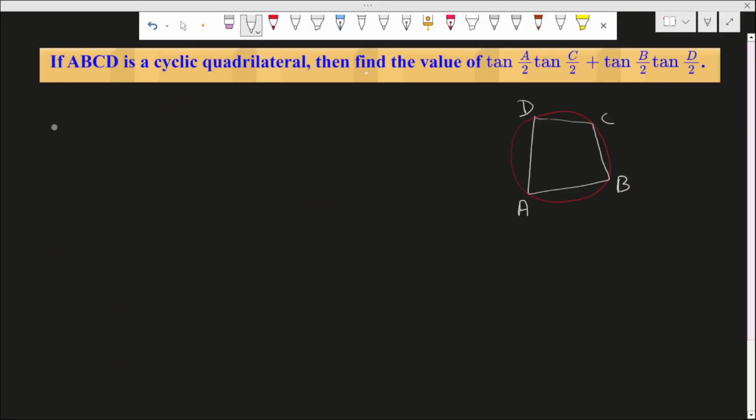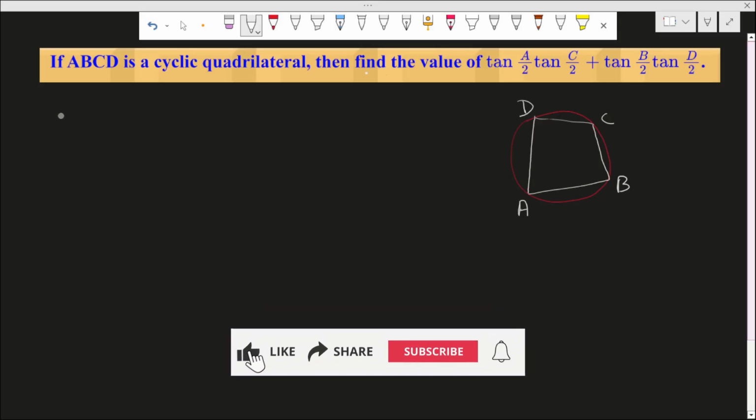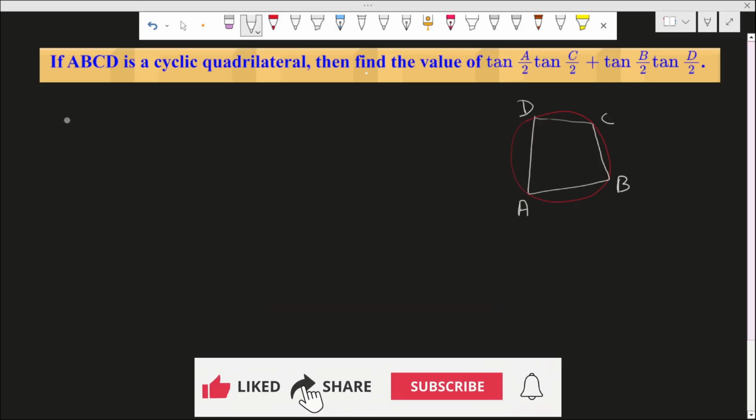Welcome. If ABCD is a cyclic quadrilateral, then find the value of tan A by 2 into tan C by 2 plus tan B by 2 into tan D by 2. First, write the expression whose value is to be found out, that is